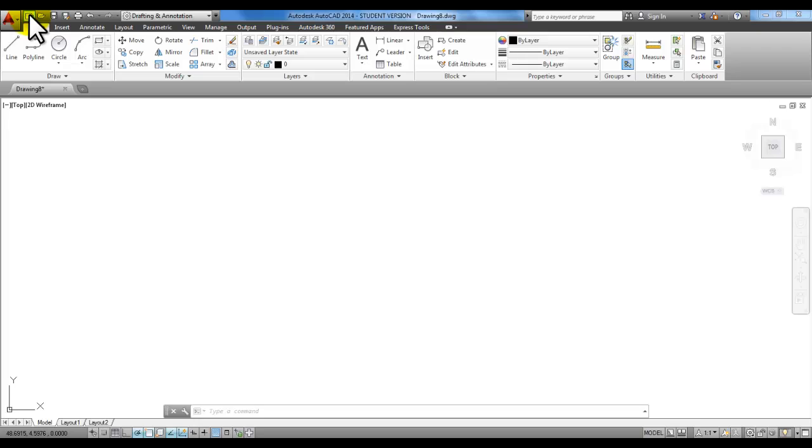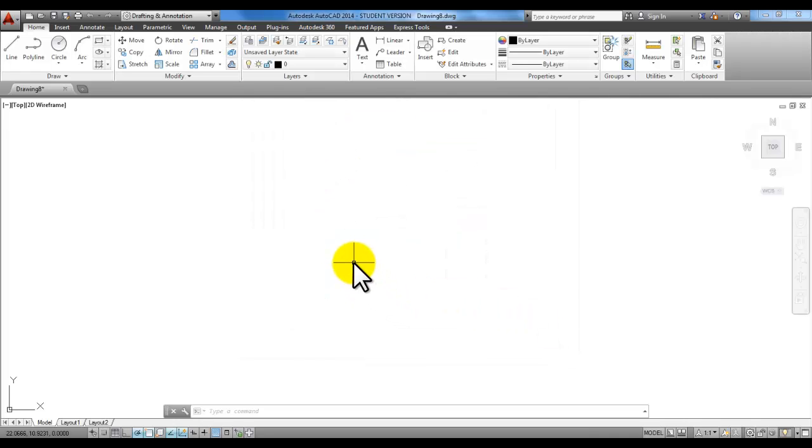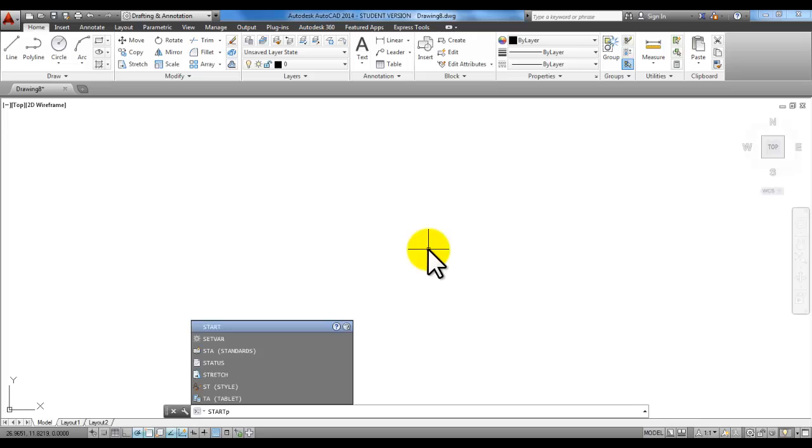When you start a brand new drawing, you will select a template. Well, this makes our life a lot easier if we're going to go from a AutoCAD DWT, which is a color dependent template, or use this AutoCAD named plot style. So you wouldn't even have to go to options to change the default for the next new file. Just select this template. But the book, I'm going to go ahead and cancel out of this, has a different startup dialog box. If you did start a brand new drawing and you did get this template, what we could do to change it is to type in all one word startup. Let's do that in the command line there. Just type in startup, all one word, STARTUP,